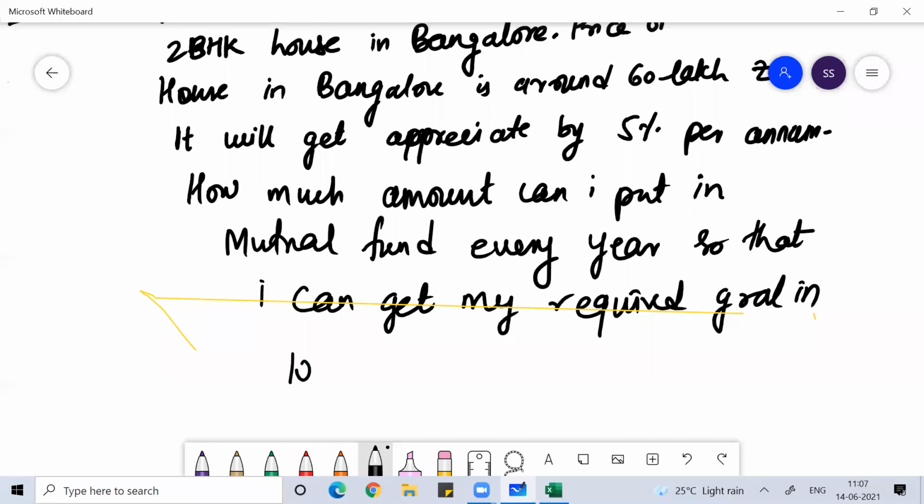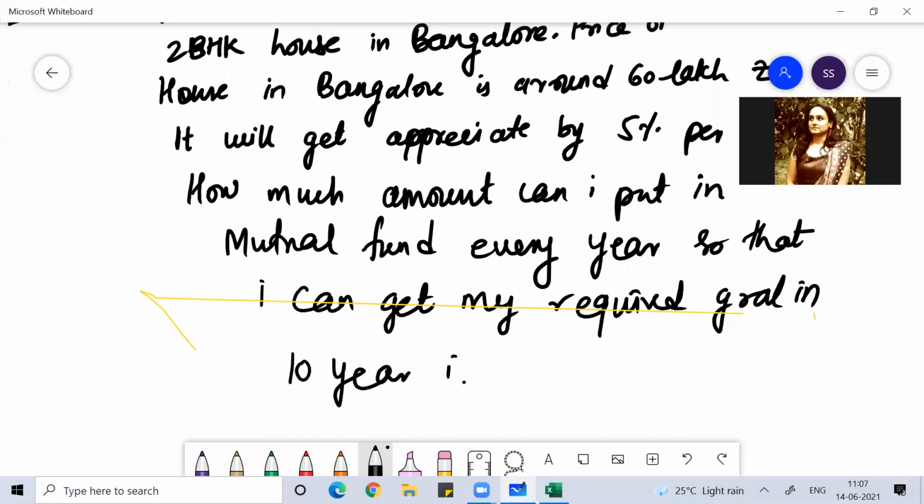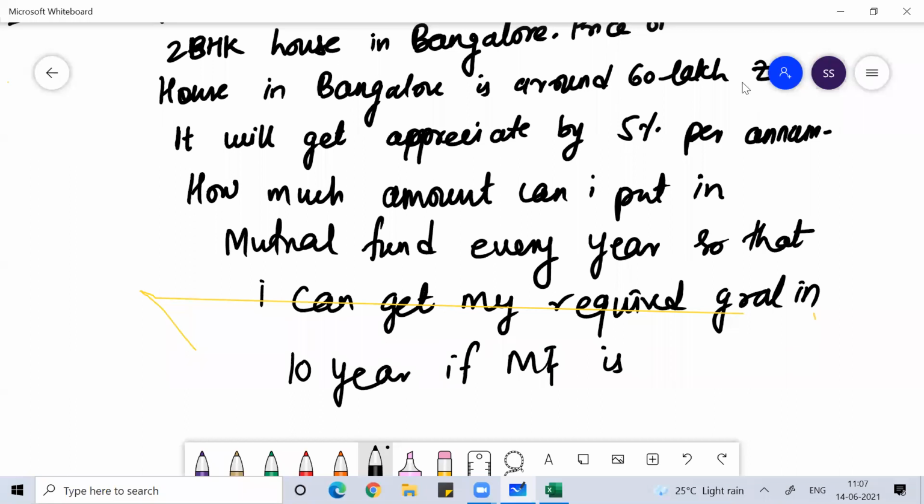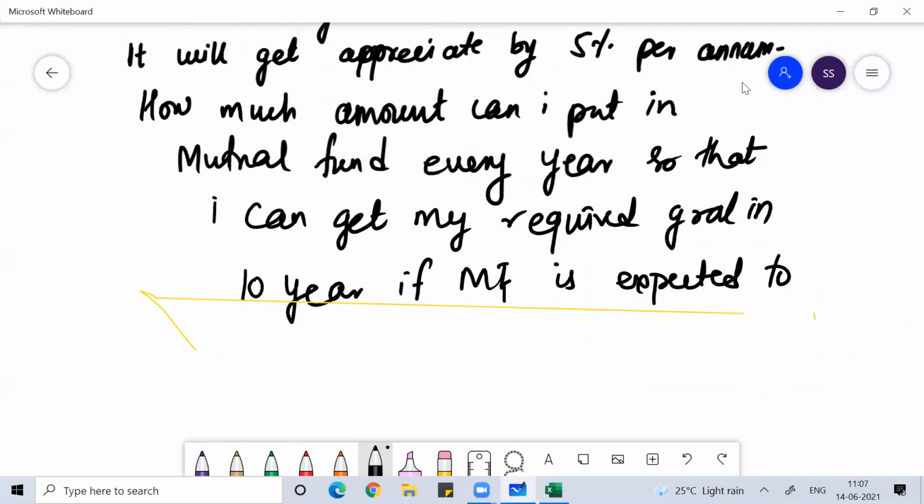So for the required goal in 10 years, the mutual fund is expected to give, because mutual fund returns are subject to market risk and not guaranteed, I'm simply giving a hypothetical example. Better, FD and all we can take, which gives guaranteed return.